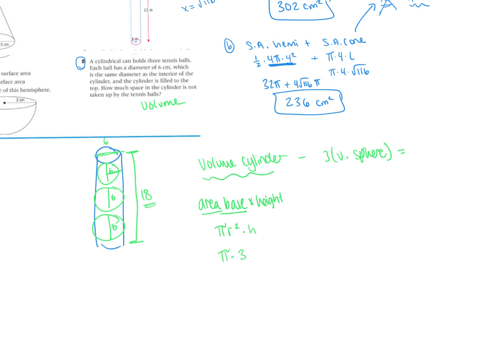So pi times 3 squared times 18, minus the volume of a sphere. There are 3 spheres, and the volume is 4/3 pi r cubed. Be careful with that cube. So these cancel, and we have 4 pi times 3 cubed. First I have 9 times 18, or 162 pi, minus 27 times 4, which is 108 pi. 162 minus 108 is 54 pi, which is